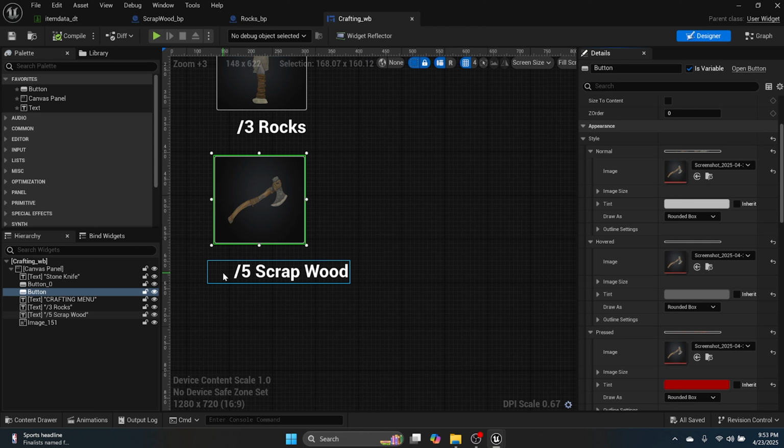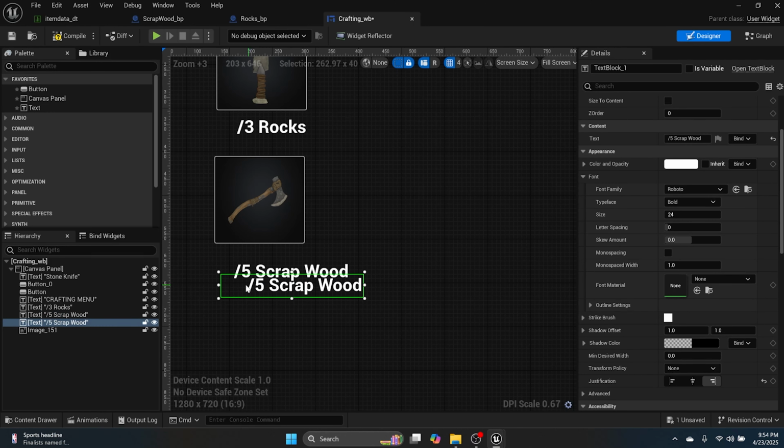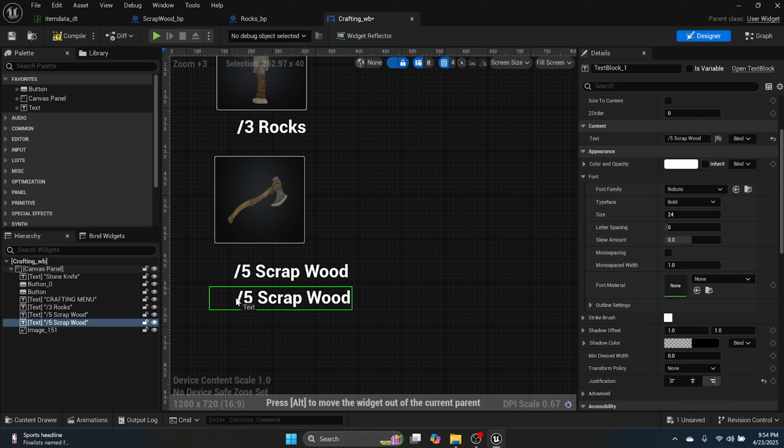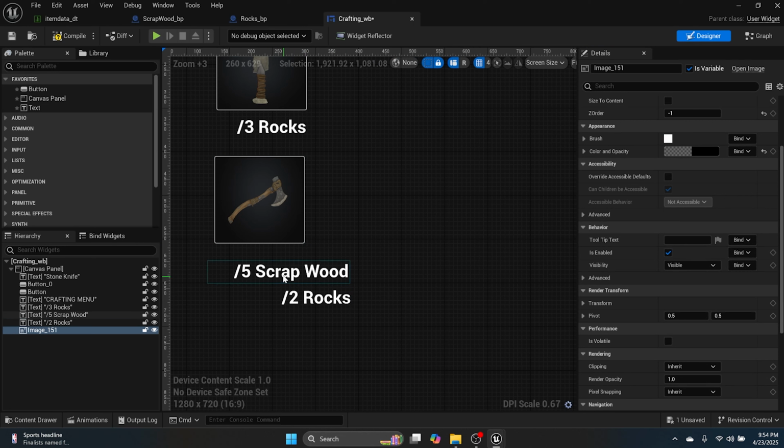Scrap wood, perfect. So out of 5 scrap wood, let's copy and paste that. So now we can put that right underneath it because it's going to take 5 scrap wood and 2 rocks. So let's change that out of 2 rocks. Which it doesn't matter right there. It matters in the binding, really. But this is just so we know what it's going to say. So it takes 2 rocks and 5 scrap wood to build this stone